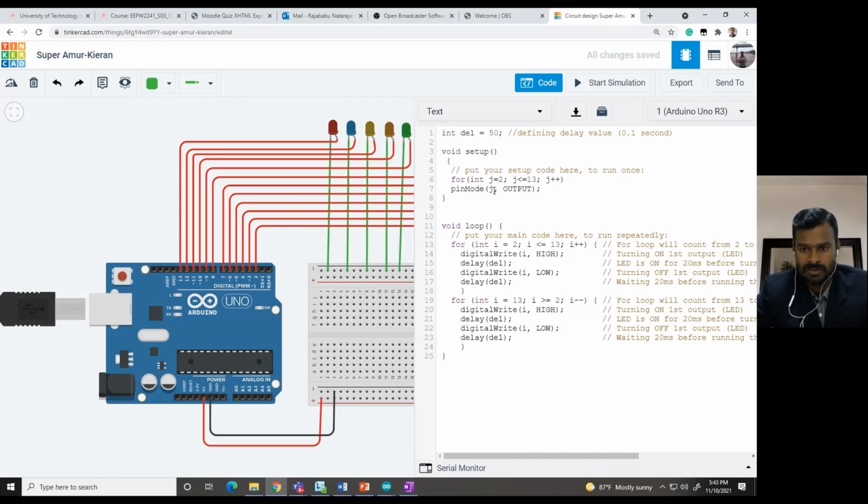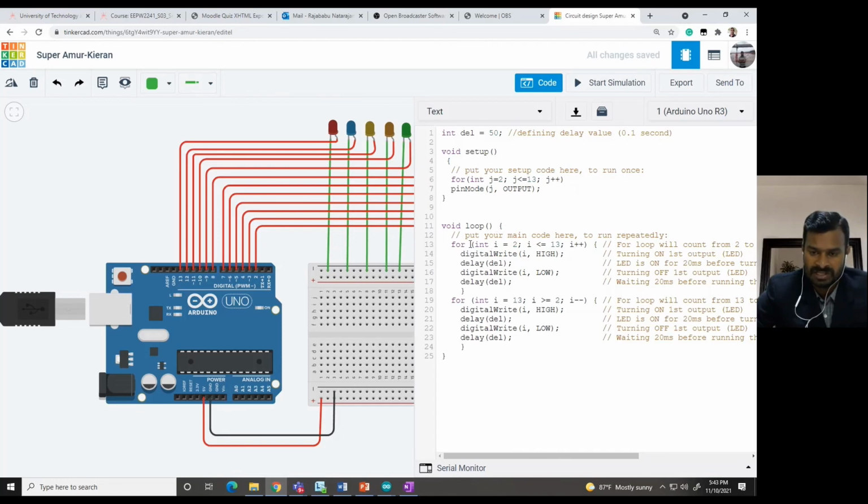So pin mode: j equal to 2 output. Then the next loop, j equal to 3 output. Next cycle, j equal to 4 output, j equal to 5 output, like that it will go. Since we have written it in a loop, we have made it only 2 lines. Otherwise we would have to write this same sentence as many times as there are LEDs, so for avoiding that, I made it a loop.